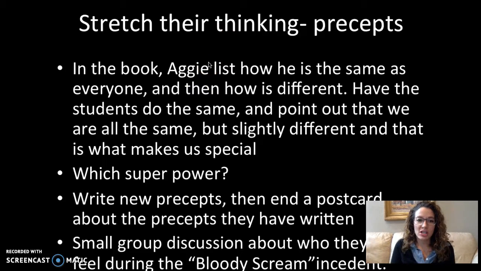Then, when stretching their thinking, in the book Augie lists how he is the same as everyone else, but he also says how he's different. You could have the students think about that and do that, because we're all human, so we do have some of the same characteristics, but we are all different also, and that's what makes us special. In the book, it's just a fun thing, they try and choose superpowers, so you could have them do that. Write a new precept that's not in the book, one that's just out of their minds. Put it on a postcard, and then